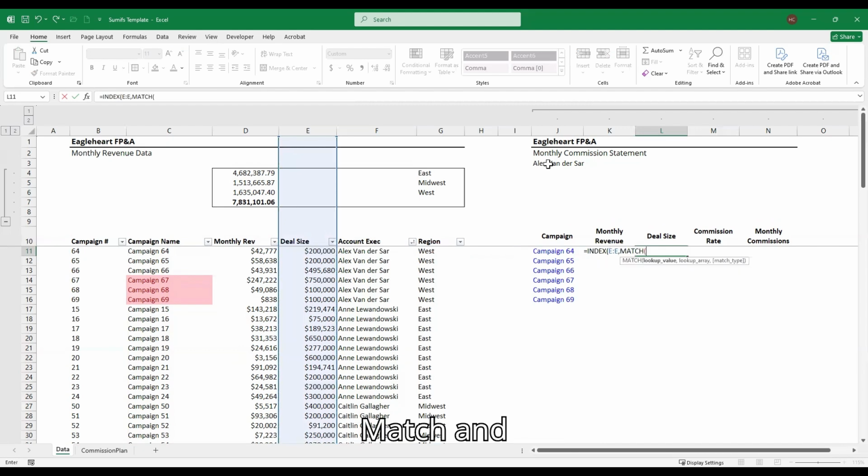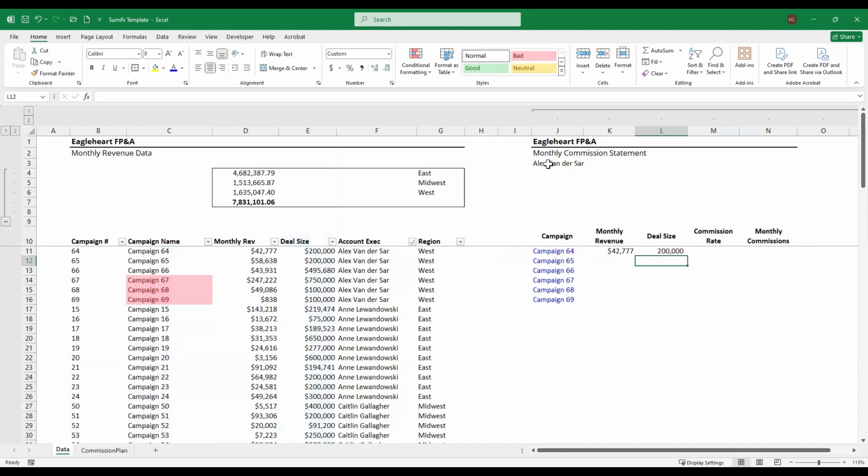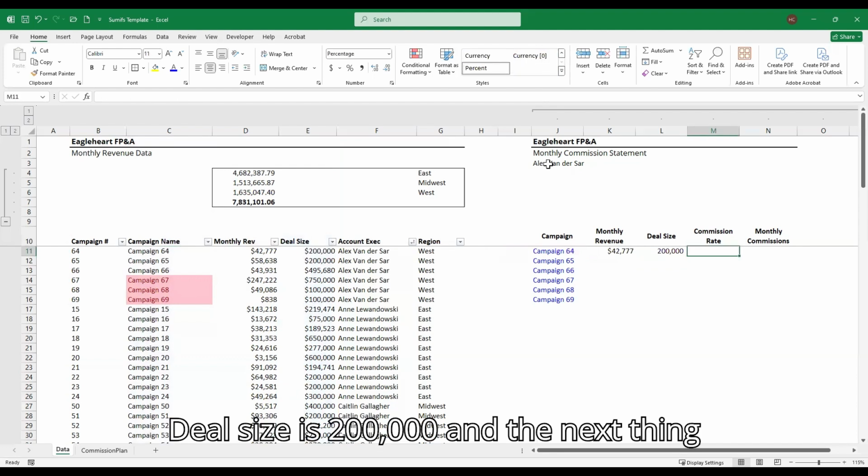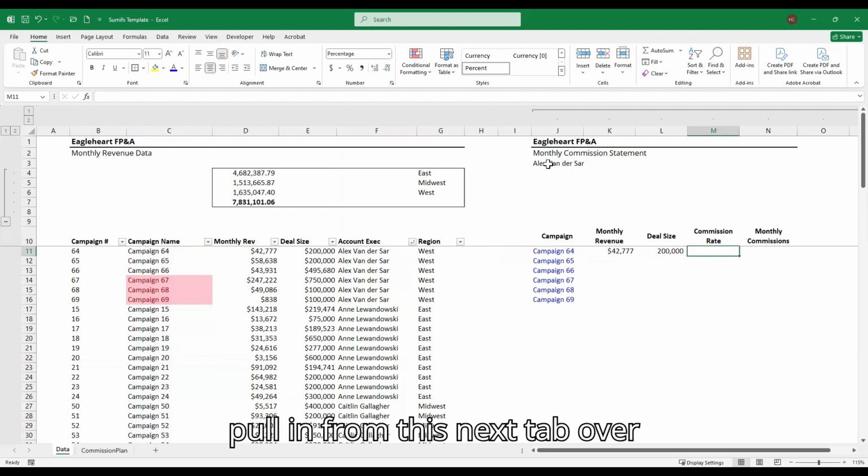match, and the lookup value will be the campaign, comma, deal size is 200,000. And the next thing we need is commission rate, which we'll pull in from this next